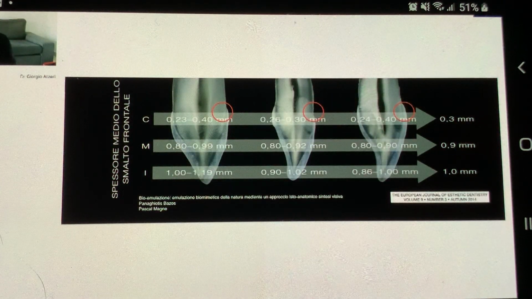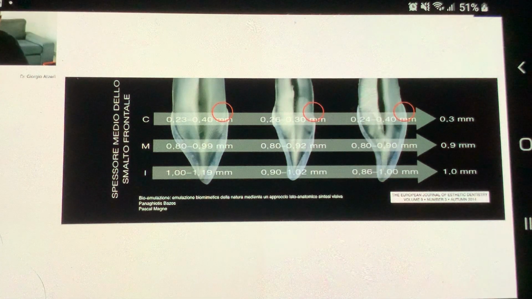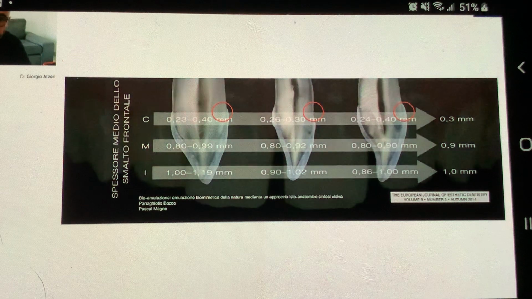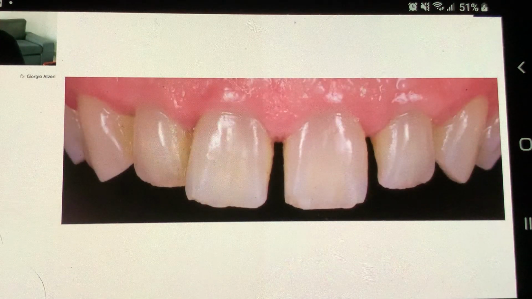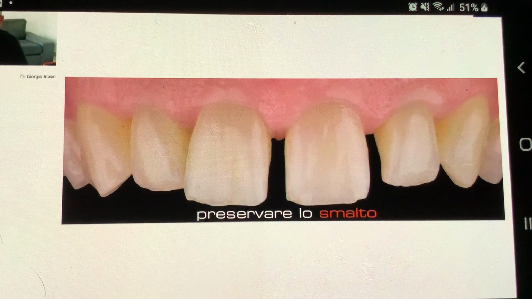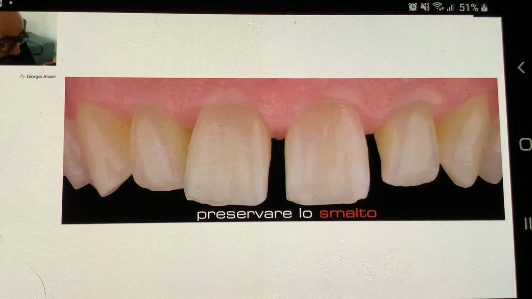You see that where we usually create a margin is the point where the enamel is thin. So by using this technique where there is no preparation in that part, it is a way to preserve the enamel, and it allows